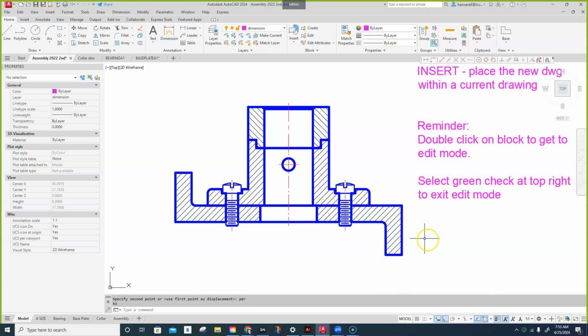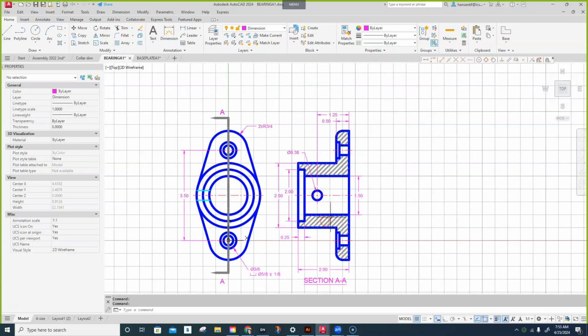Okay, so what we're going to be doing in class today is we're going to be starting with the bearing, and we're going to be taking this and creating what we call a W block, and then we're going to create it and turn it into a block, and then we're going to insert it into a new drawing. So